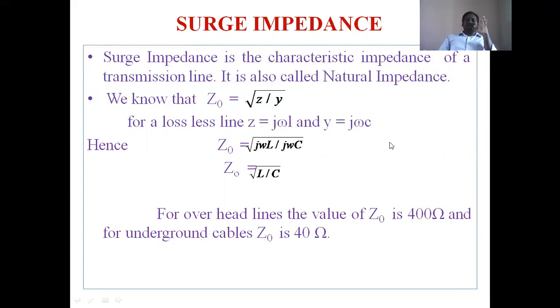Anyway, simply, surge impedance means the characteristic impedance of a transmission line, which can be calculated as the square root of L by C, where L is the inductance of a transmission line and C is the capacitance of a transmission line when it is distributed uniformly through the length of a long transmission line. Is that right? So from this we can define one more parameter, that is surge impedance loading.